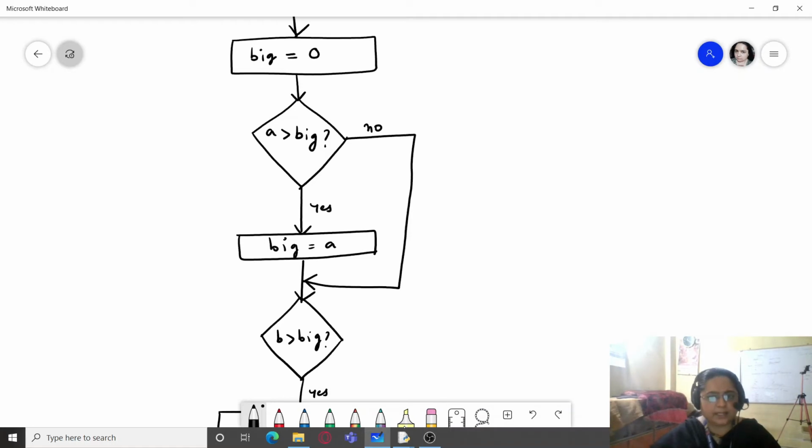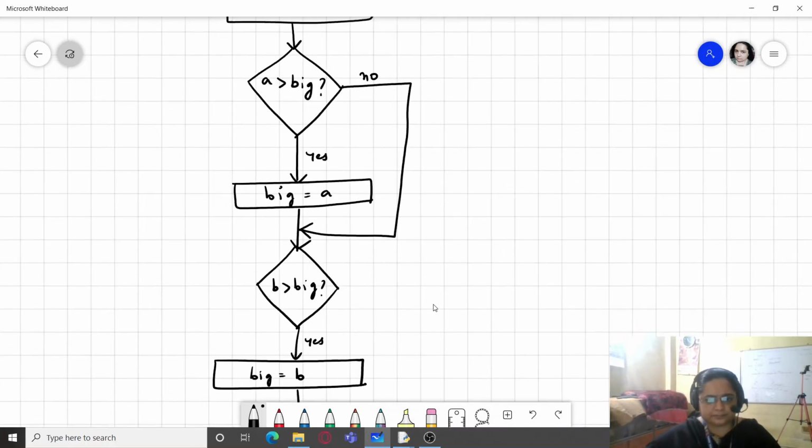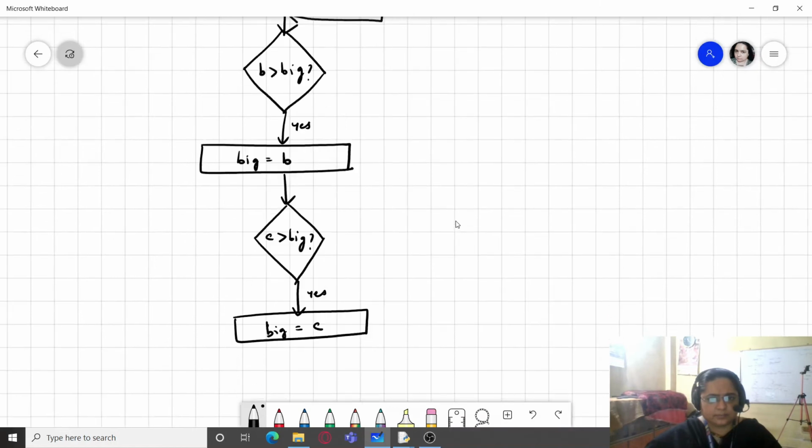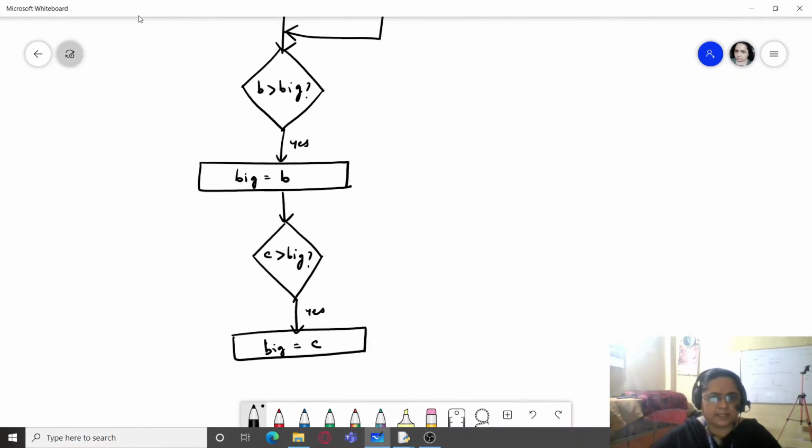We will be writing different if conditions. If this condition is false, just simply check the next condition. If B is greater than big, then fine, we can write big equals B. Else, check the next condition.